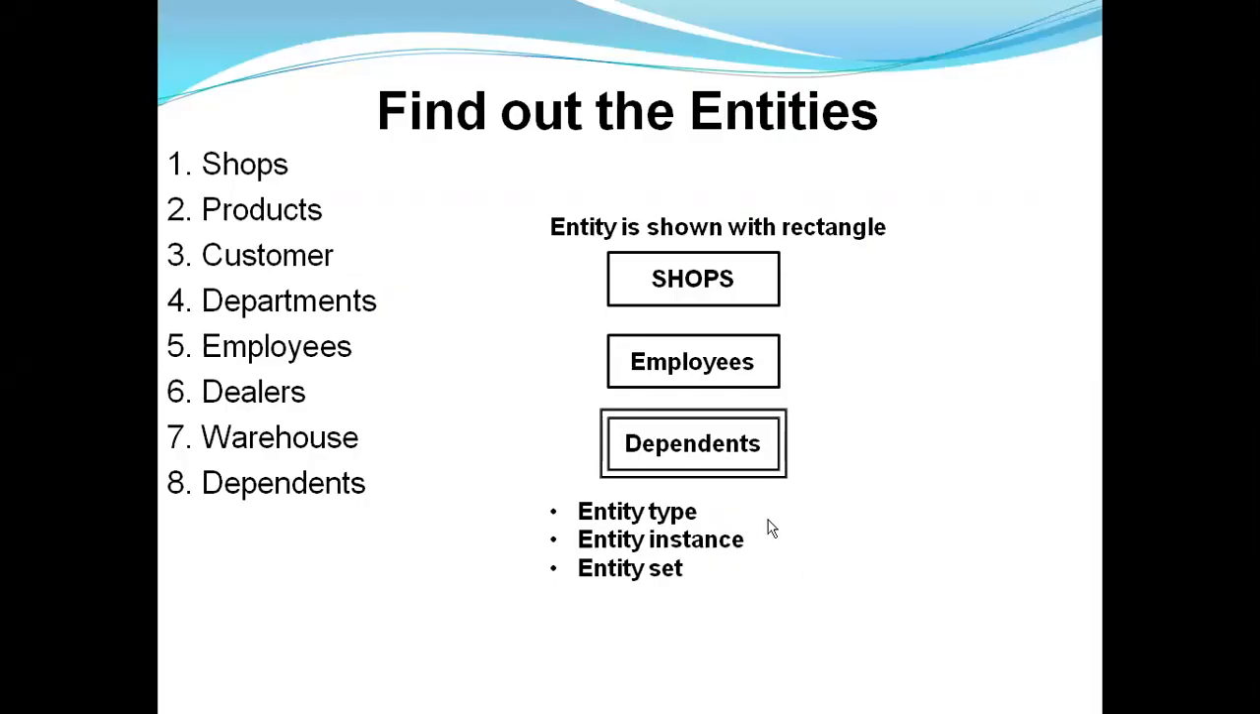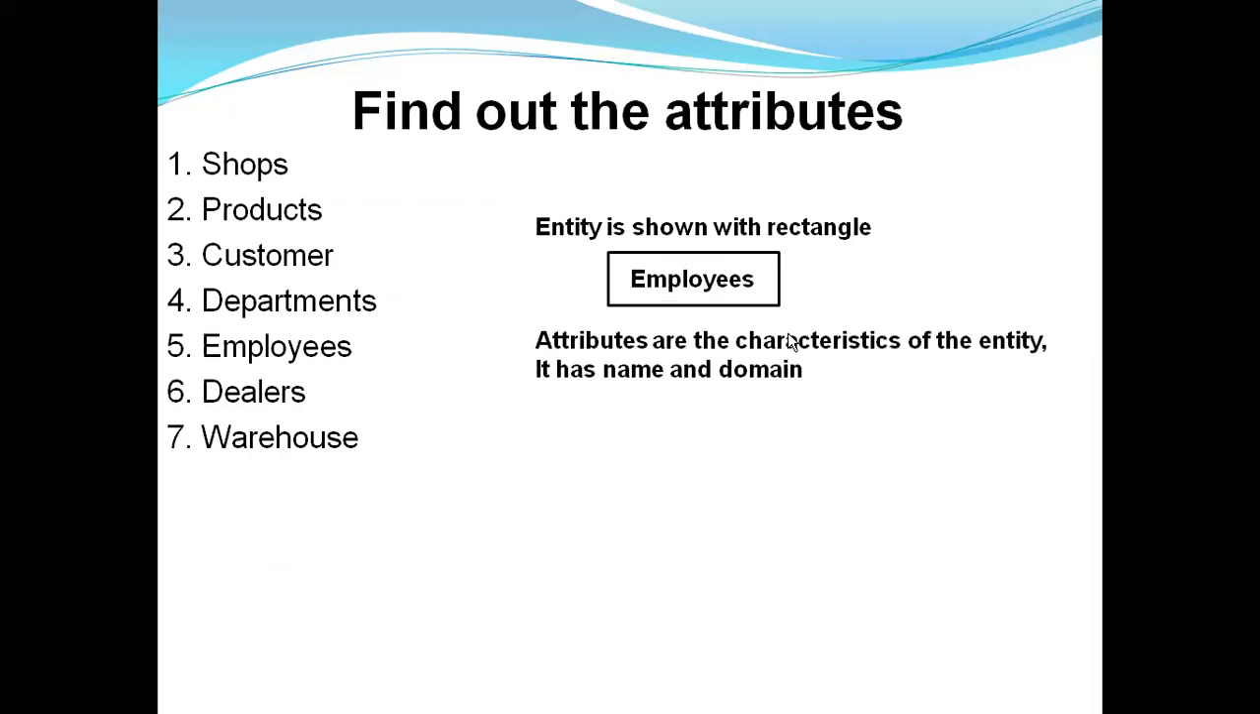Entity set is clear, entity type is clear, and entity instance is also clear. Now, the next thing is called attributes. So what is an attribute? Attributes are characteristics of the entity, and it has a name and domain. Simple. Now for this employees, can we say that there will be certain characteristics, and attributes are shown with the help of an oval. Attributes are shown with the help of an oval or ellipse. For example,